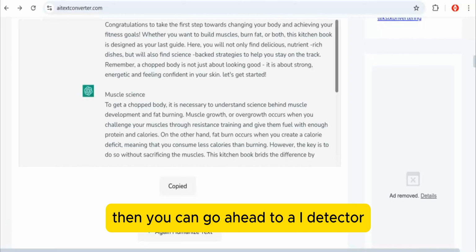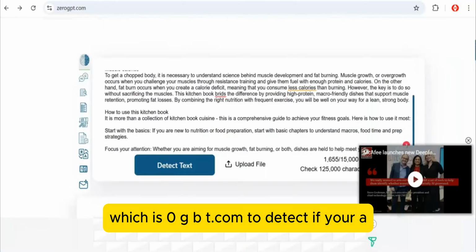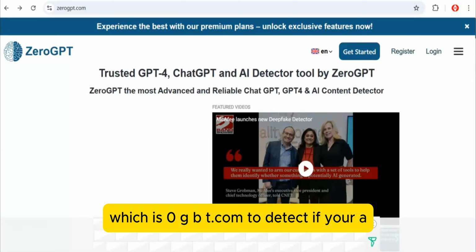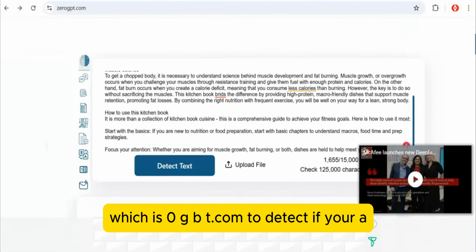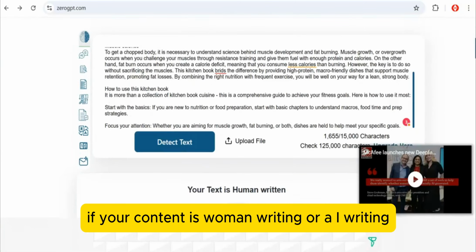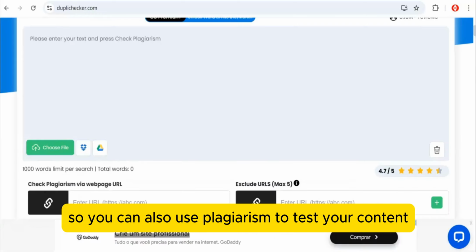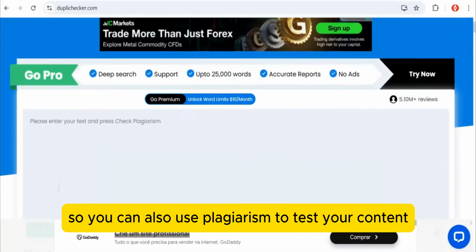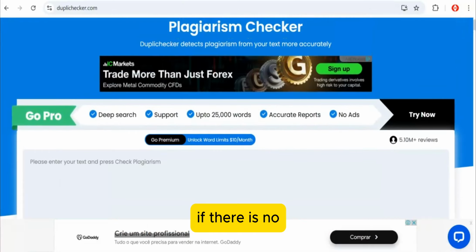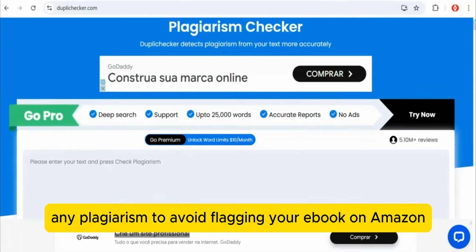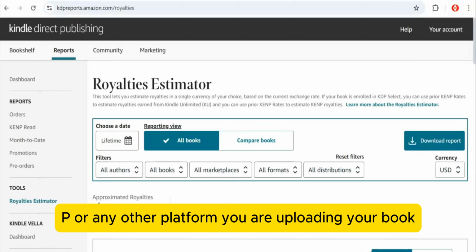Then you can go to an AI detector, which is zerogpt.com, to detect if your content is human written or AI written. You can also use a plagiarism checker to test your content to avoid flagging your ebook on Amazon KDP or any other platform you are uploading your book to.